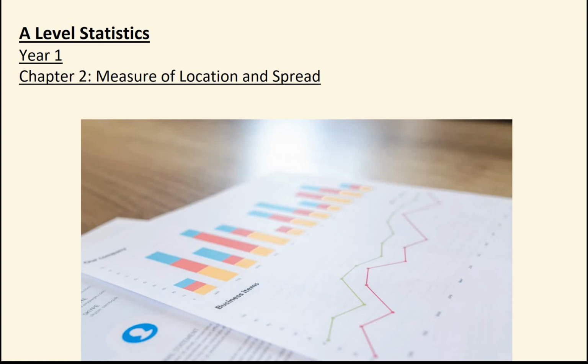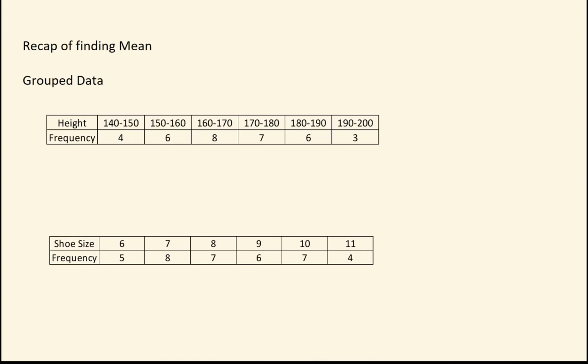Hi, and today we're going to look through A-Level Stats, Year 1, Chapter 2, Measures of Location and Spread. This chapter is all to do with averages, interquartile ranges, and standard deviation. So let's get started. First thing I'm going to start off with is to recap how to find the mean